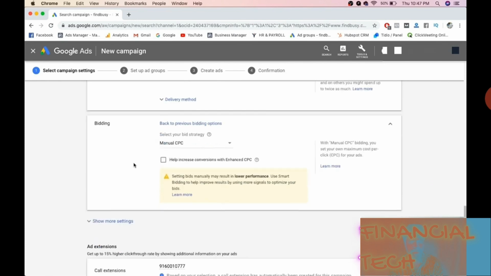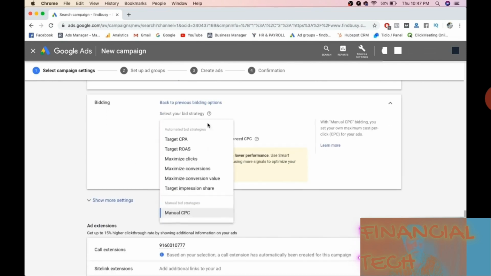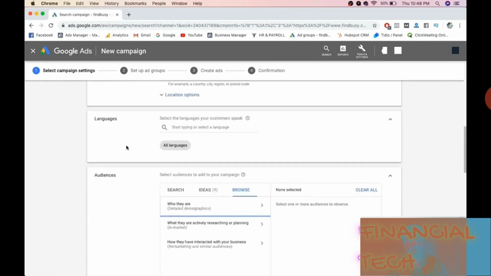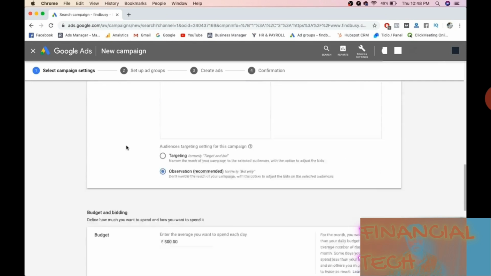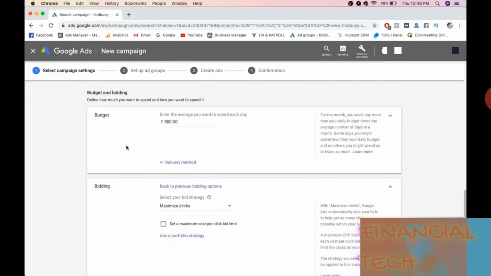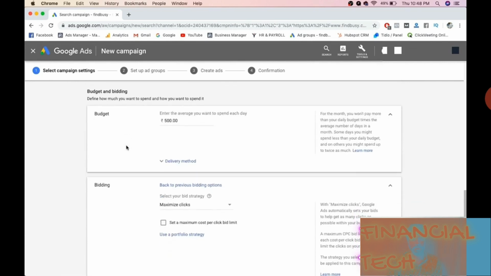And so I'll go with maximize clicks. Clicks is nothing but traffic, like many people clicking your ad regarding your interest based targeting or search based targeting or keyword based targeting. So I'll go with maximize clicks. I want maximum clicks on my ad, so that's why I've selected